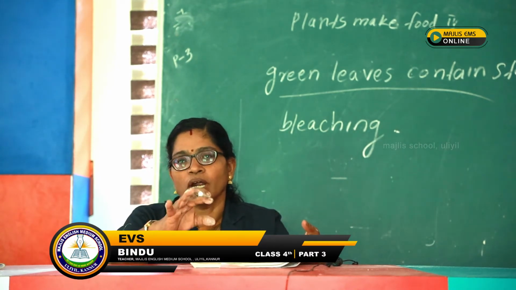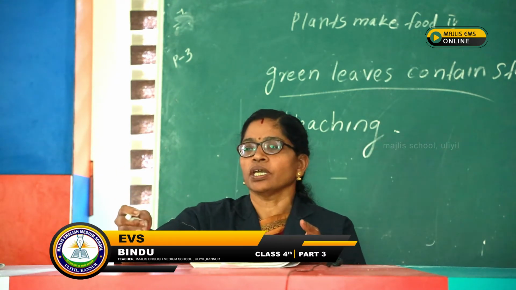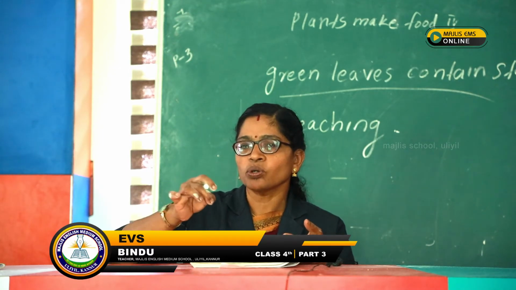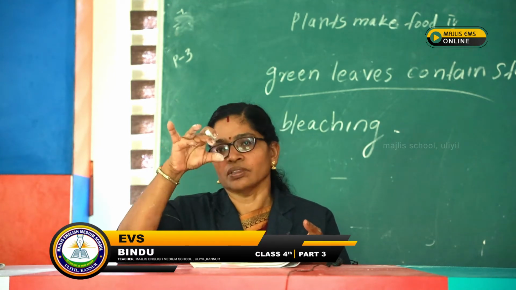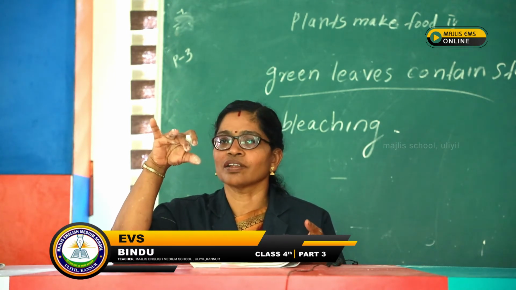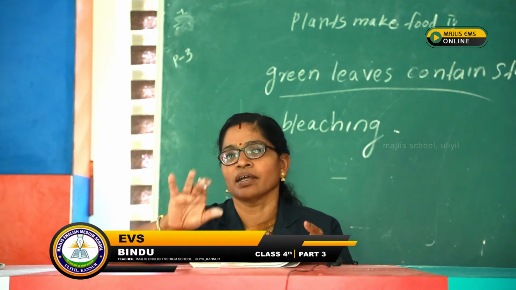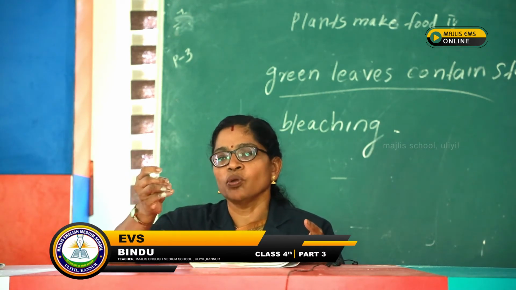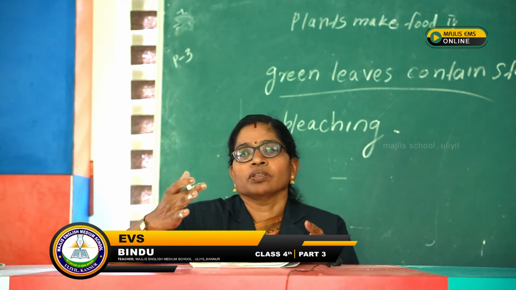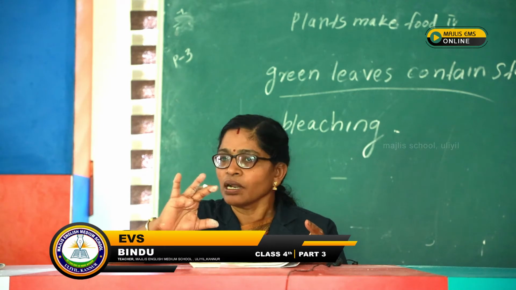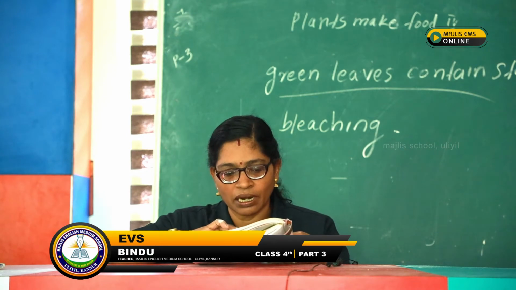After boiling in water and alcohol, you wash it with cold water. Then take some iodine, one or two drops of iodine, and you pour it onto the leaf. Then the color changes into, which color changes? The presence of starch, that you already know. Yes, very good. Blue-black color. When you pour iodine onto any content that contains starch, it turns blue-black. Are you okay? The leaf changes into blue-black color.